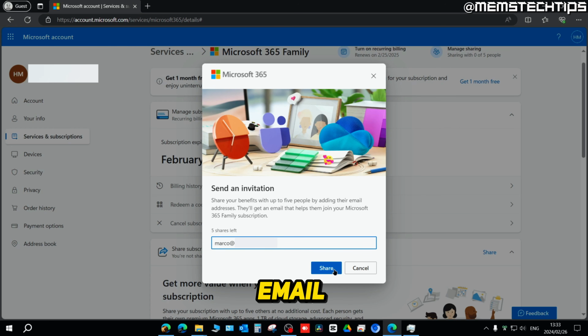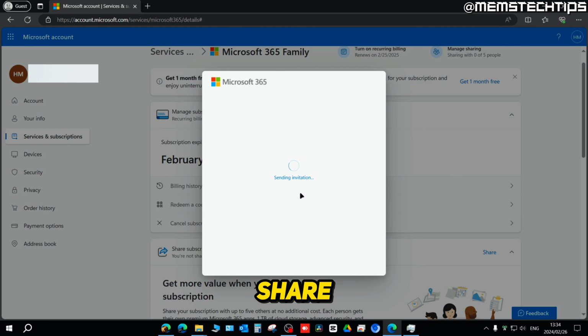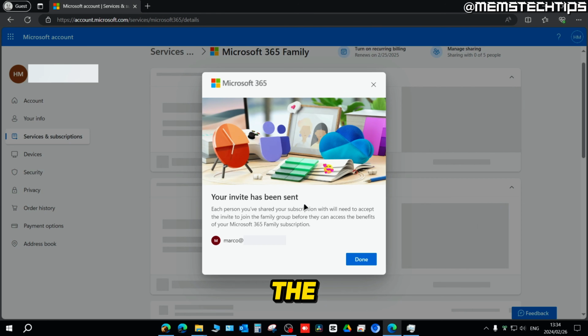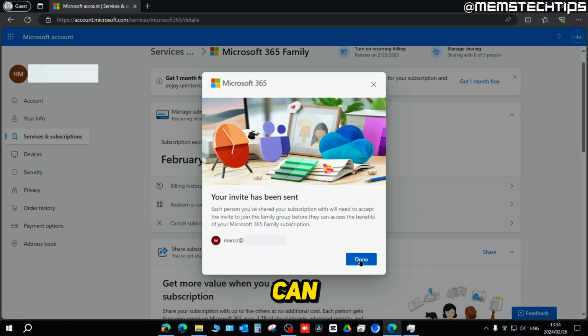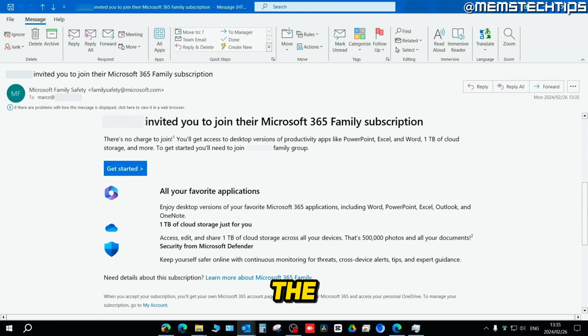Once you've entered the email address, just click on Share to send the invitation to that person, and if it is successful, you'll see this screen where it says the invite has been sent, and then you can just click on Done. Now, the person receiving the invitation needs to check their emails, and they should see an email that